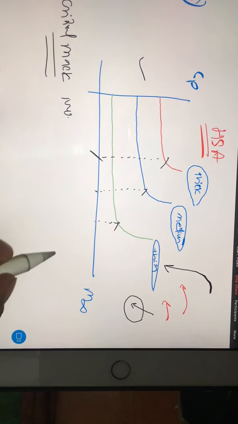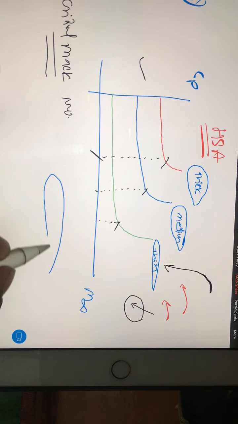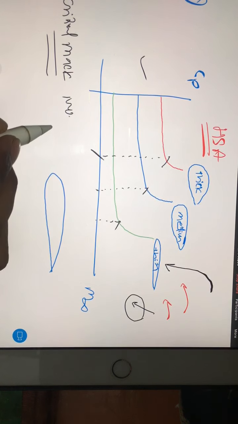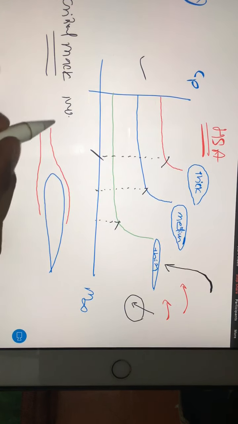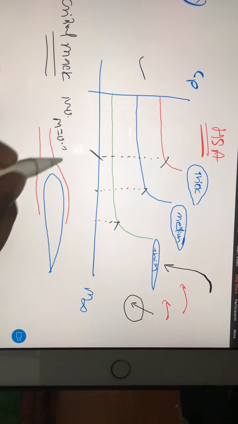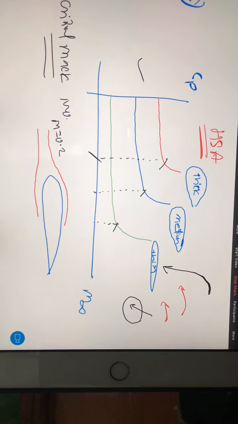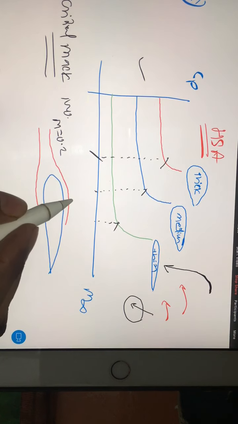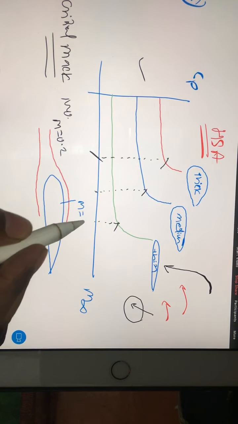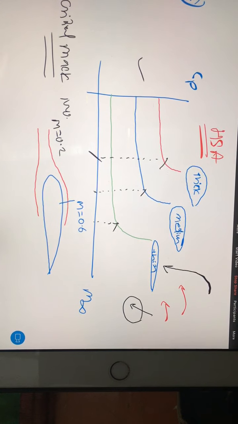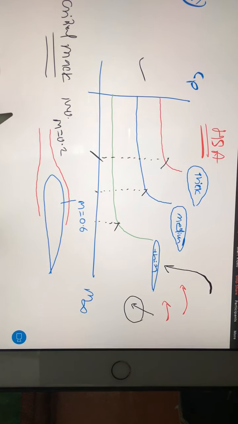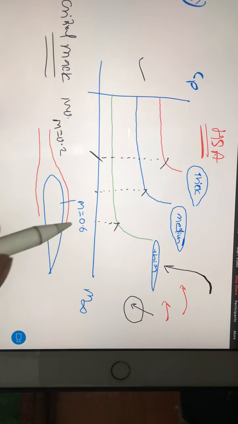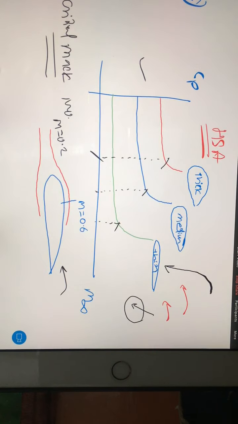You have an airfoil. Air flows over the airfoil. Suppose the free stream Mach number is 0.2, then imagine at this point you got a Mach number of 0.6. You know that whenever flow reaches the upper surface, it starts accelerating, so that's why Mach number is increasing. Okay, so this is your beginning condition.